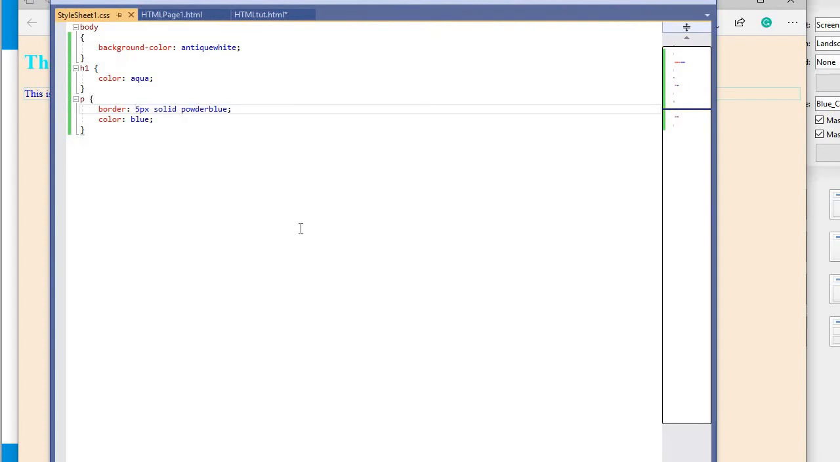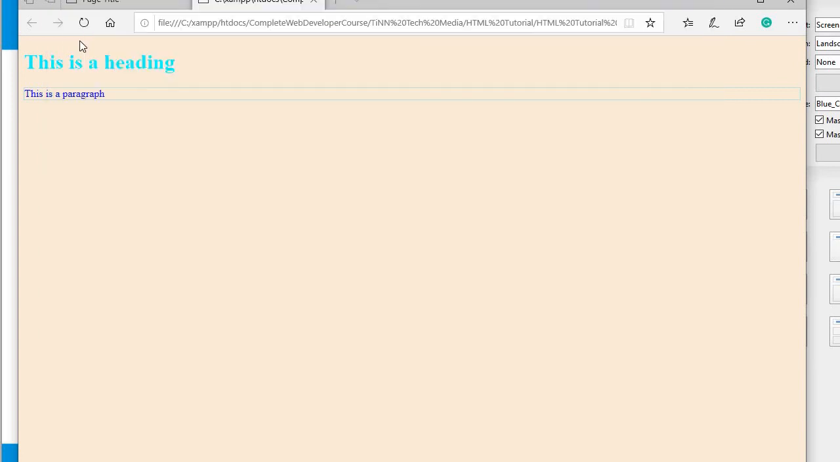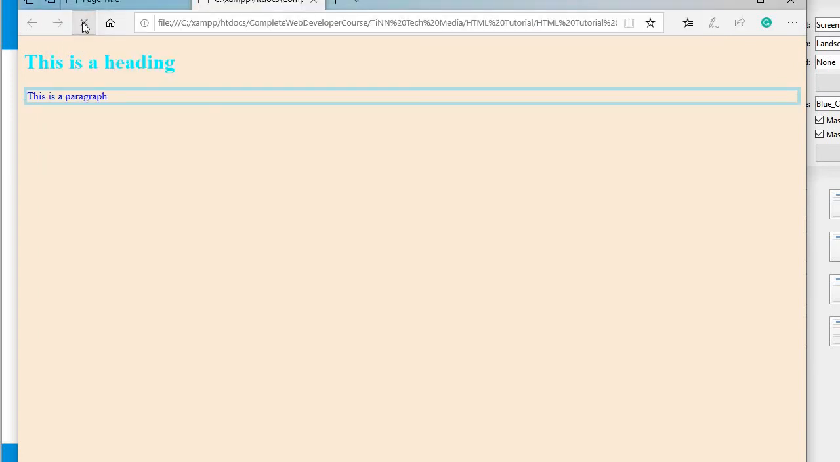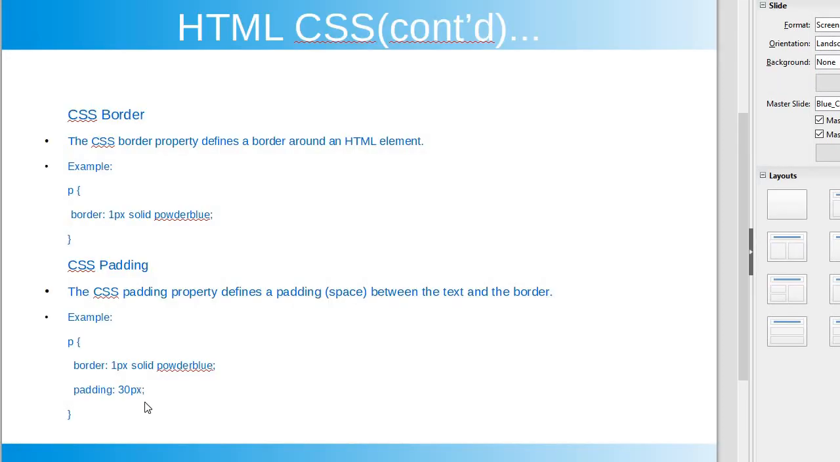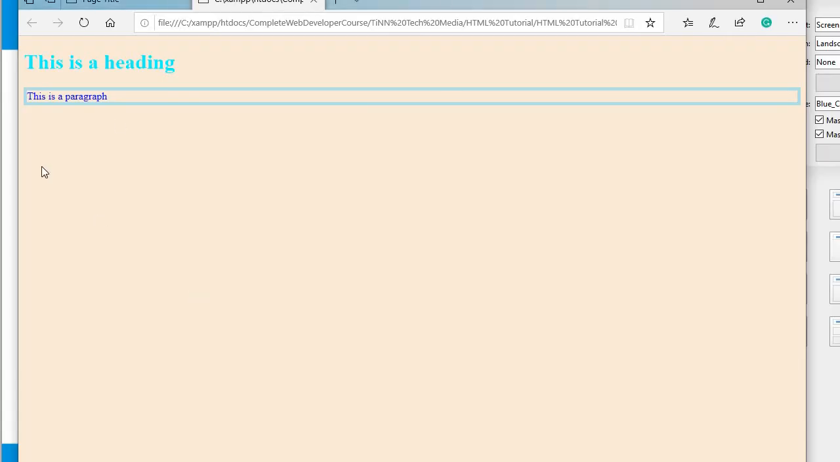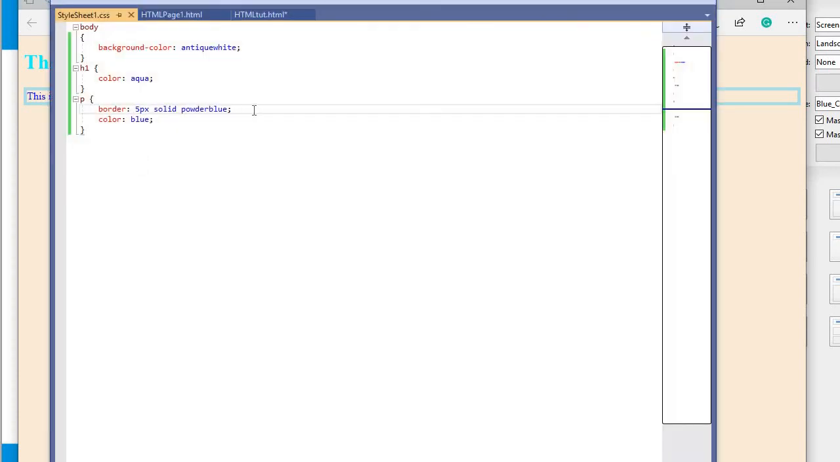5 pixel. Okay, now you can see the 5 pixel is thick. Okay, now the padding 30 pixels. So if we give the padding, now the border, there is no space between the text and the border, right? Now we give padding 30 pixel, there will be some space between the border and the text. Padding